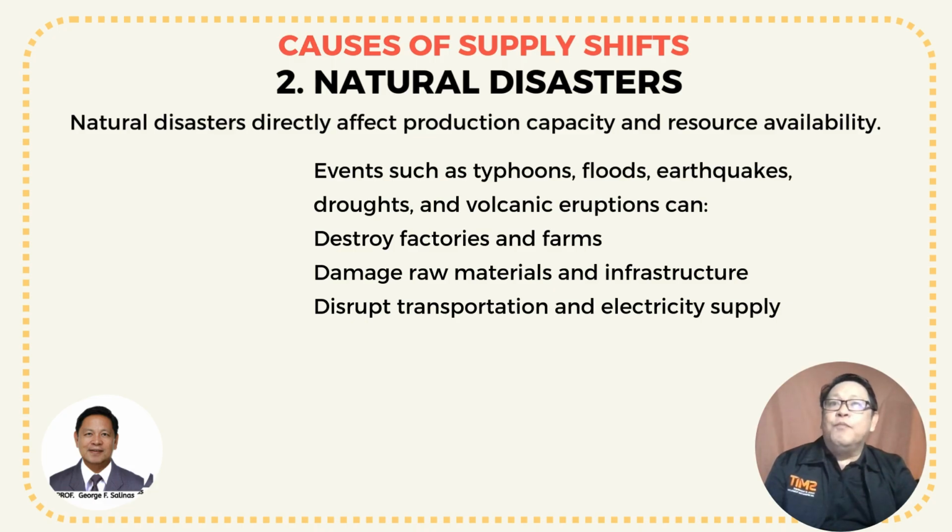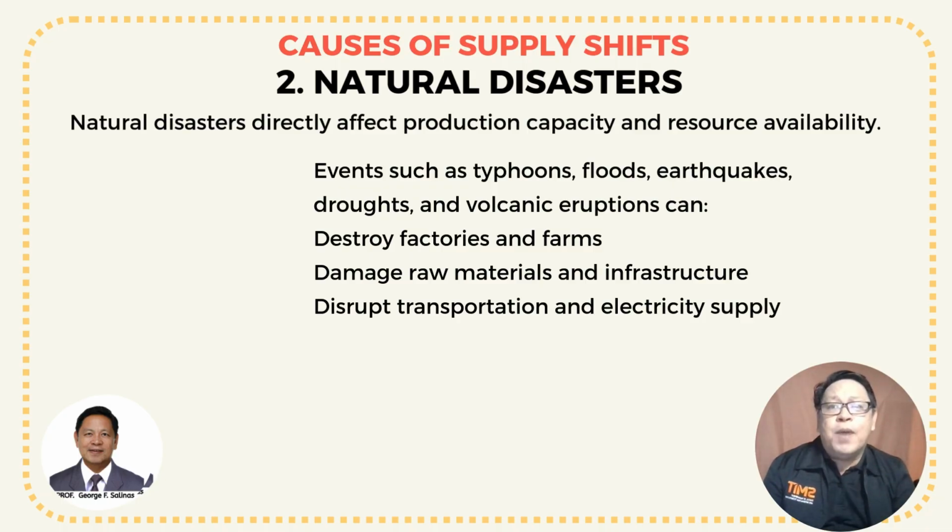ways. First, physical destruction. When there is a physical destruction, there is the damage to essential infrastructure like factories, the roads, the ports, and power grids directly stops production and the movement of goods. Second factor, labor shortages. Displacement of populations, injuries, and loss of life can lead to a severe reduction in the available workforce.